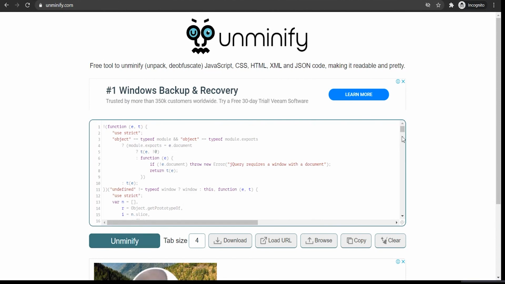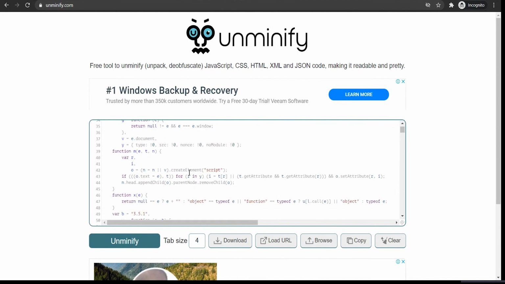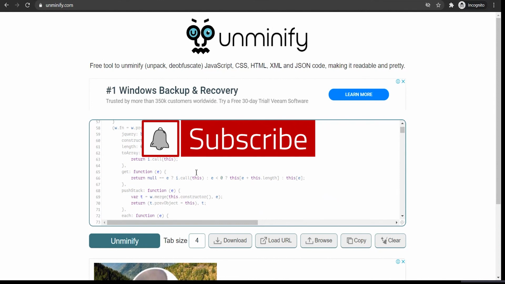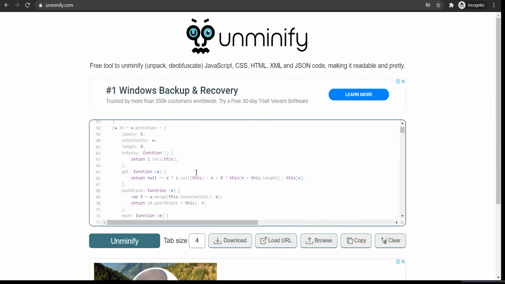Wow, we got it. So we can still get the minified version of JS from the browser developer tool, unminify it, and still see what is really happening there or whether our code is there or not. So this site really helped me a lot and is still helping.